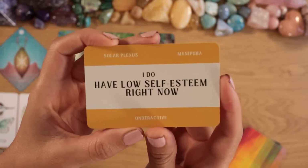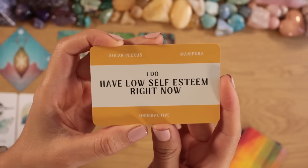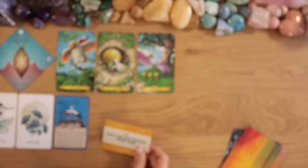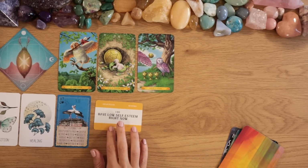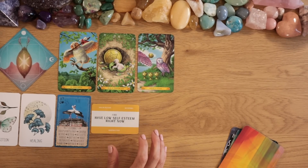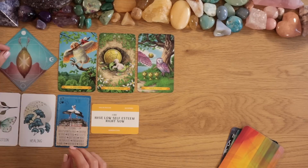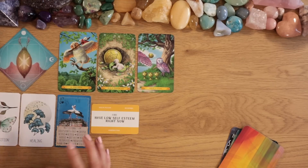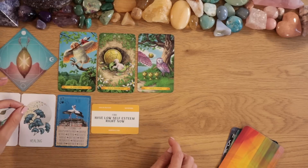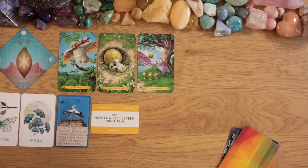So we have an underactive solar plexus chakra. I do have low self-esteem right now. I think, you know, what's written for you in the next chapter of your Akashic records, with the stork here, the seed sprouting here, the thing coming to you here, the cup here, I think your self-esteem is going to build up, and your confidence is naturally going to